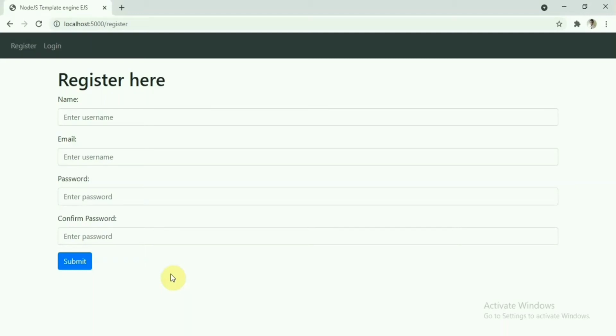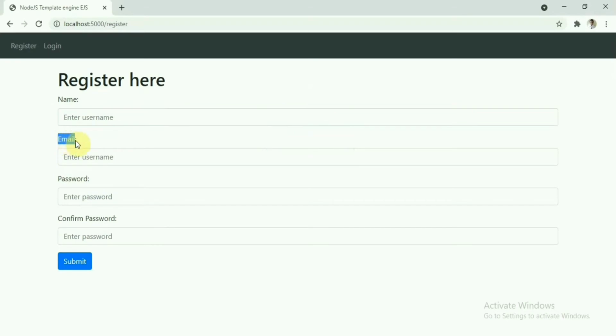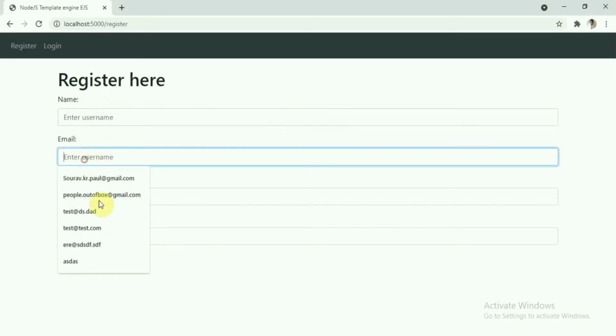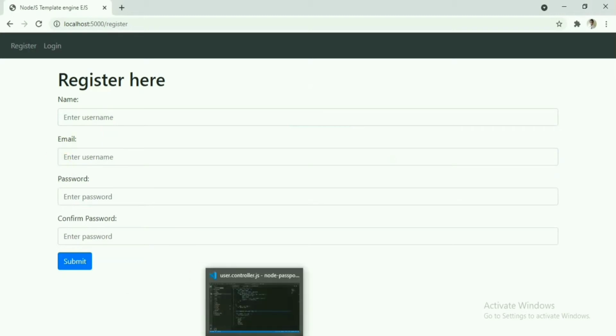In this video, we are going to implement the basic validation in the registration form. Currently, we have the basic HTML5 validations as part of this default validation, but that's only for the required field. We don't have any validation for the unique email check. So we are going to implement this email check, duplicate email check.